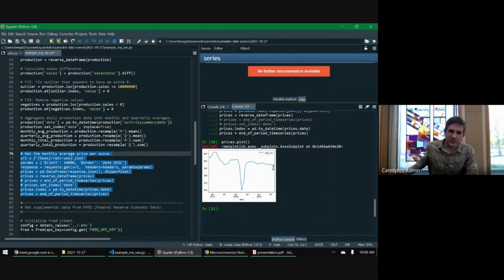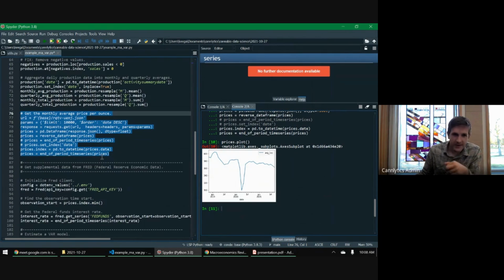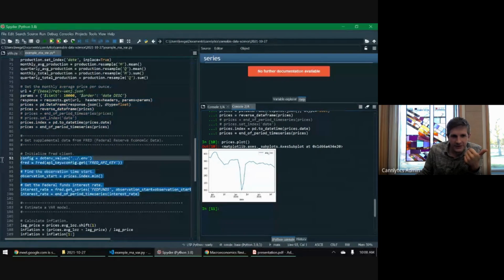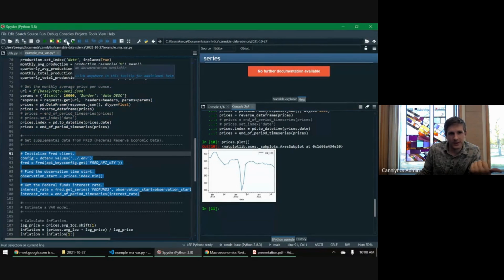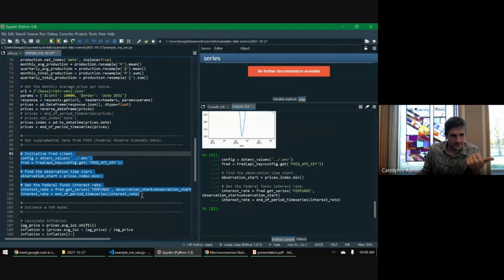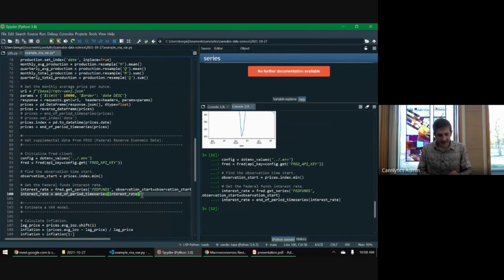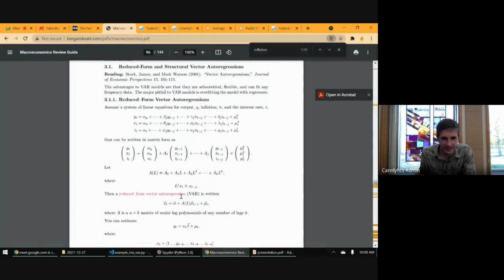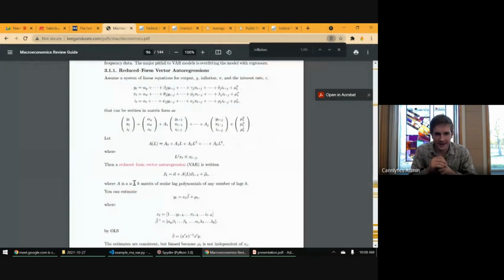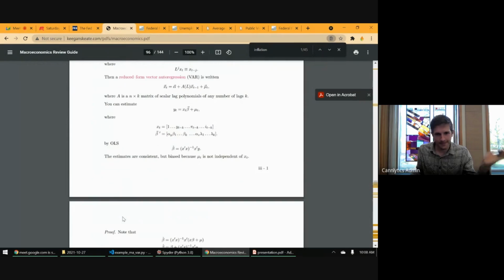So that's why we're about to estimate these as a system of equations here. So we've got our prices. We're going to go ahead and grab the federal funds rate, which we're basically going to make the assumption that inflation depends on the interest rate and output depends on the interest rate, but the interest rate doesn't necessarily. So this is more of an abstract assumption in order to identify your VAR. But long story short,